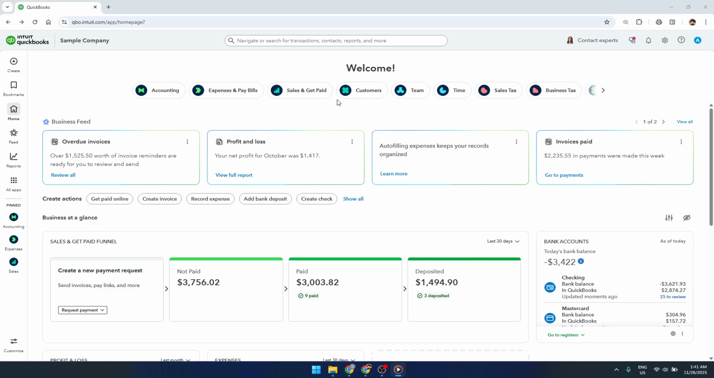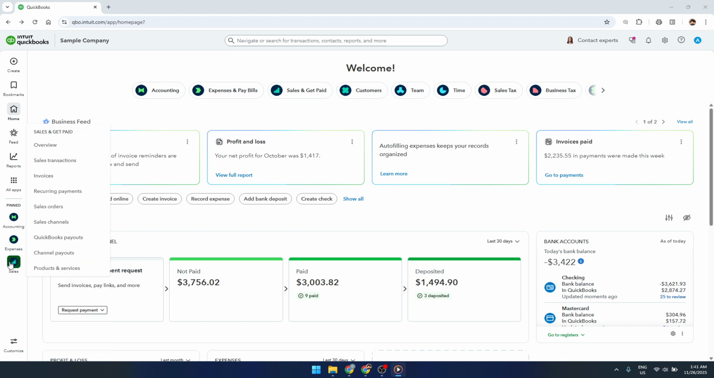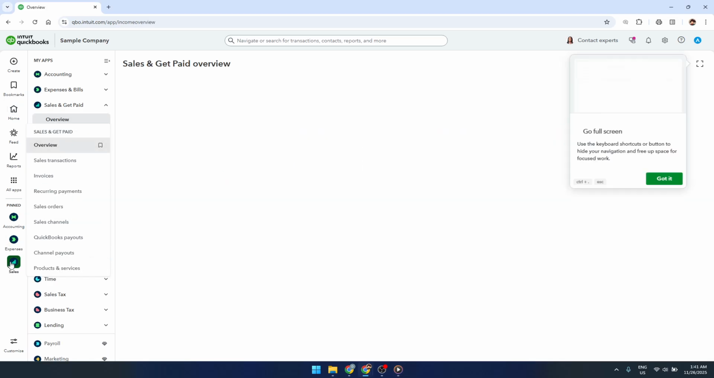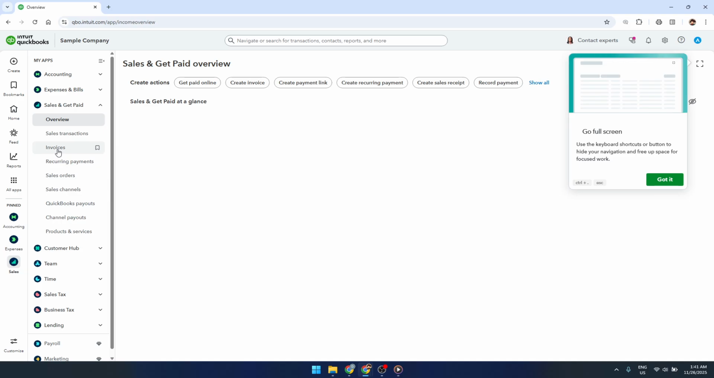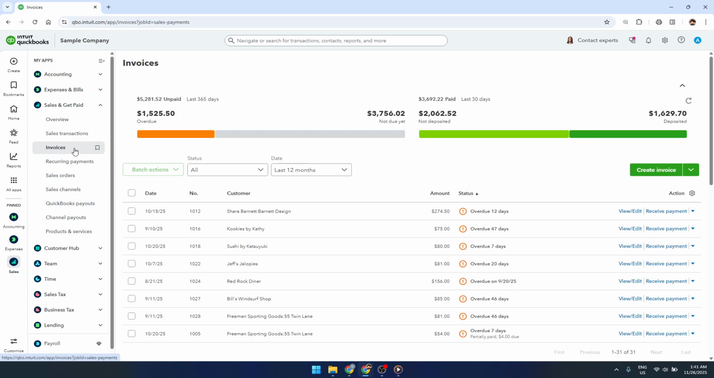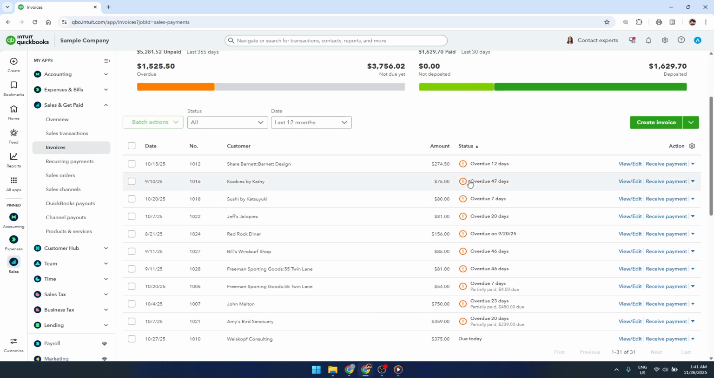First, sign into your QuickBooks Online account and head over to the Sales area. On the left-hand navigation menu, look for the option labeled Sales and click on it. This is where you manage your customers, products, and most importantly for this video, your invoices and payments. Once you're in the Sales section, go ahead and click on Invoices. This will bring up a list of all your invoices along with their current status, such as paid, partially paid,